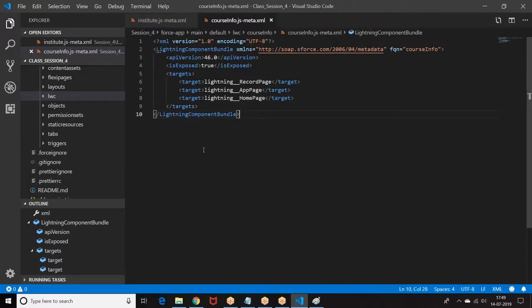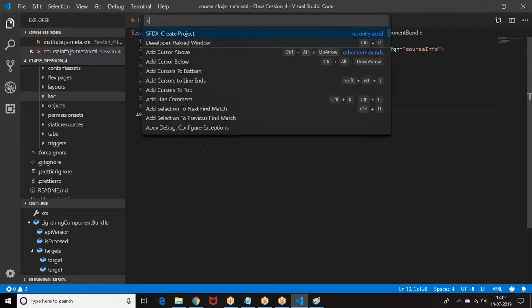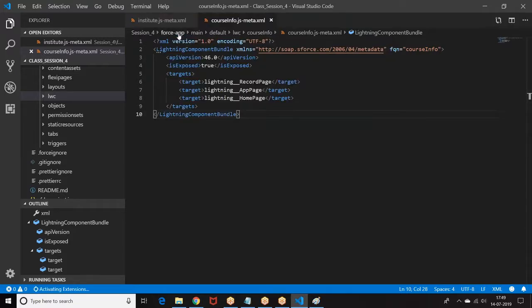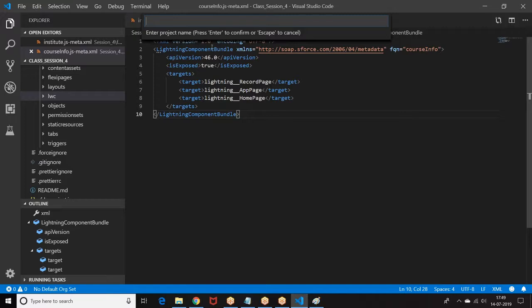Right, okay. We made a small mistake here. So either I have to go with the terminal or I have to use the same.